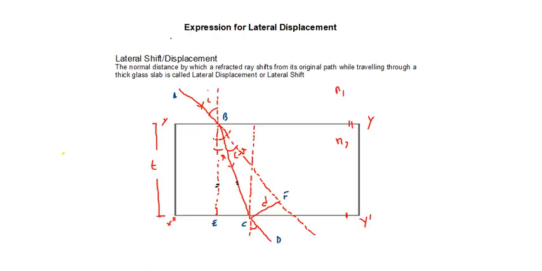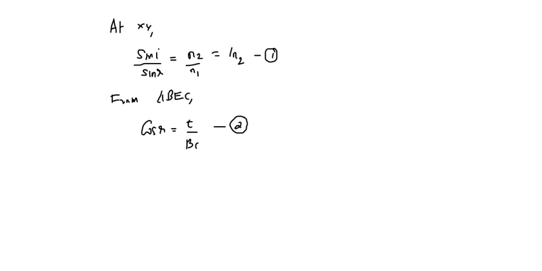Now, next, what do you think will be this angle? We need to bring BC. BC is the ray inside the medium. We do not know how to measure that. So, you have to remove this. We have to bring it in terms of known quantities. Let us take this. This one is I minus R. So, sin of I minus R would be